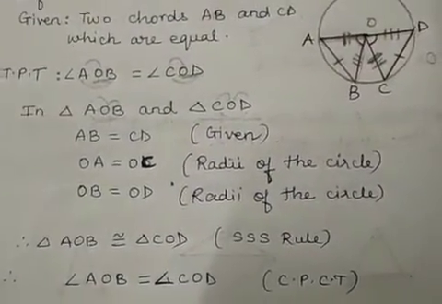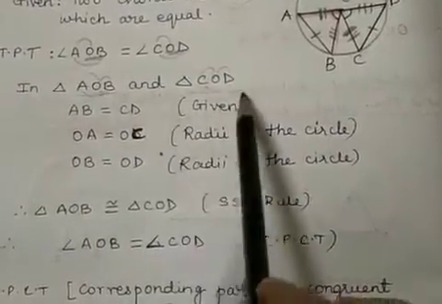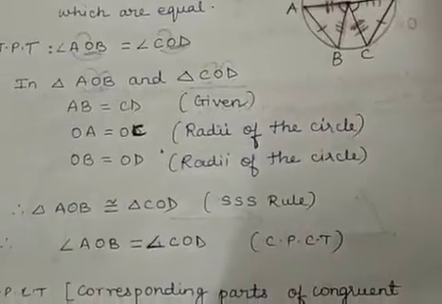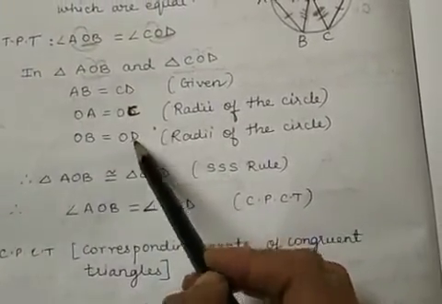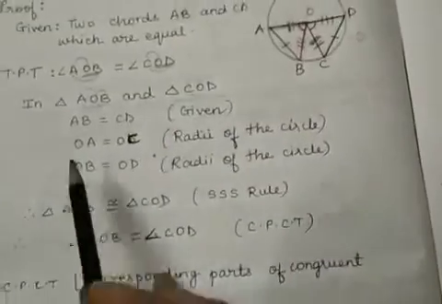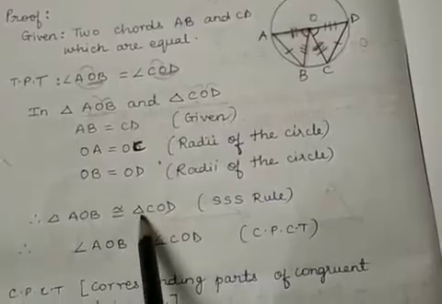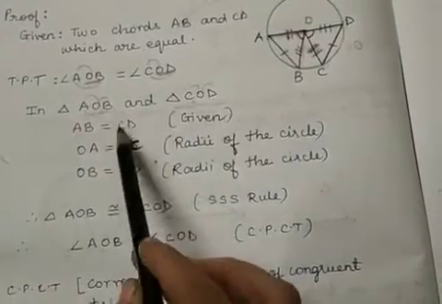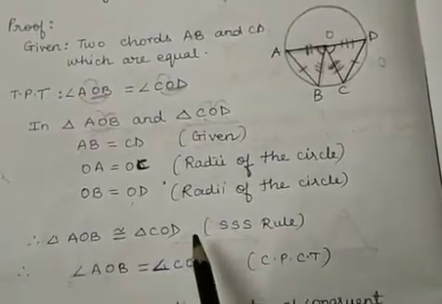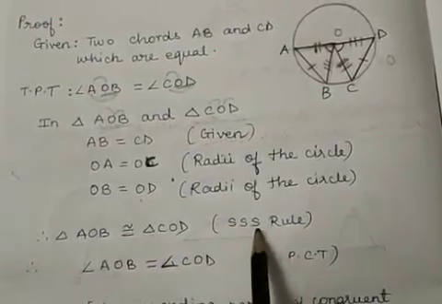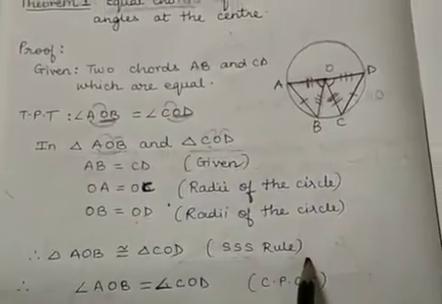So when you are proving the theorems, this is how you prove. You write what are equal and in the bracket you have to give the reason why they are equal. So now you see these three conditions I have got. So your triangle AOB is congruent to triangle COD. By which test? These are three sides of the triangle. So they are congruent by SSS rule. Okay, they are congruent by SSS rule.